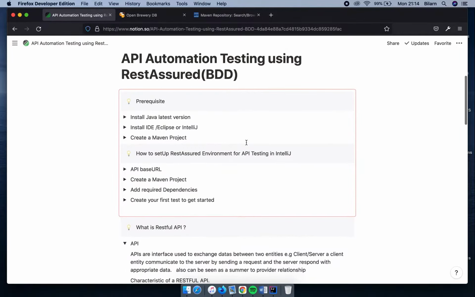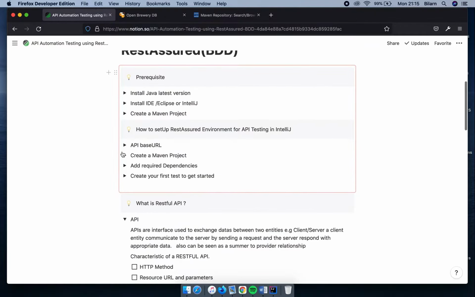The prerequisite of the environment setup is you have to have Java installed and an IDE of your choice installed, either Eclipse or IntelliJ or Spring Boot IDE. Then we create a Maven project, then we add our desired dependencies to the pom.xml file. I will be using Eclipse IDE for this tutorial. Today our focus is setting up the RestAssured environment for API testing